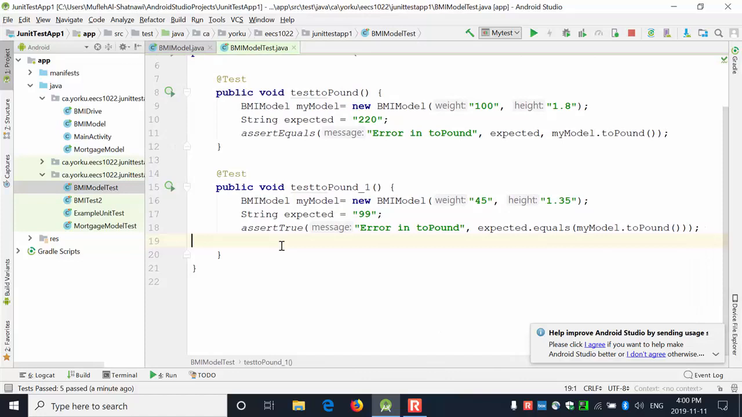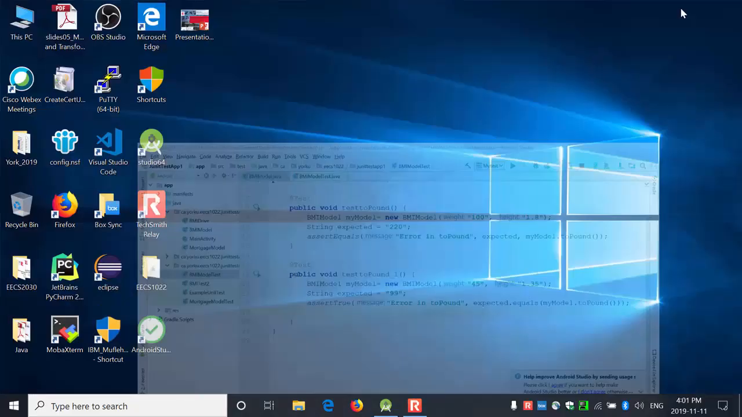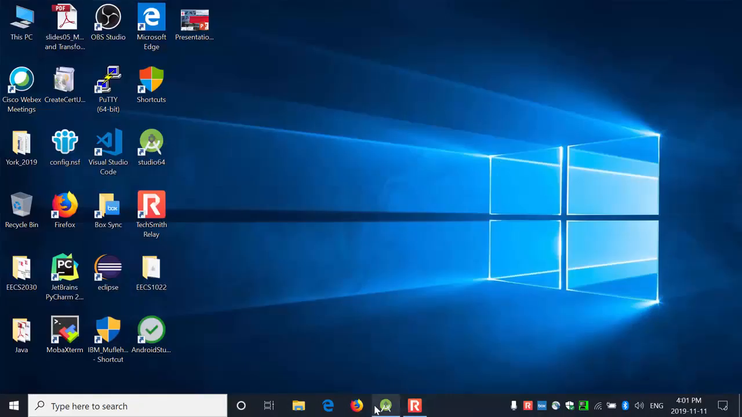Did any one of you use JUnit before? One? Okay, two? Used it? Okay. Okay, so let us stop the demo and